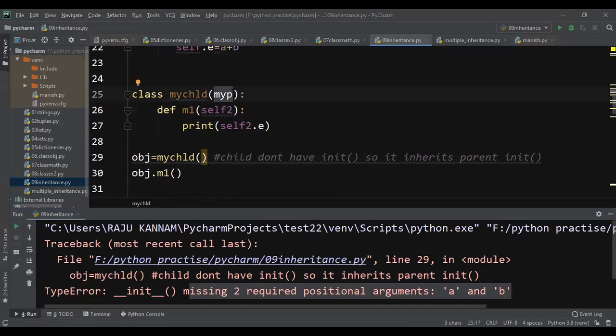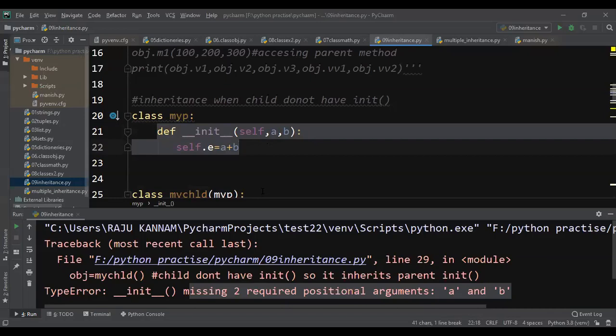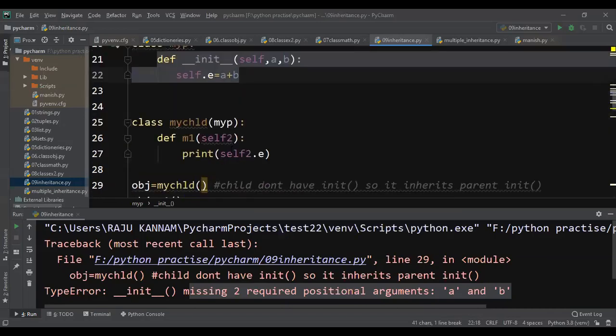So the child will inherit the parent's constructor automatically. If you don't declare a constructor for my child, my child will treat my parent's constructor as its own constructor. So that's the reason we have to give the parameters here.